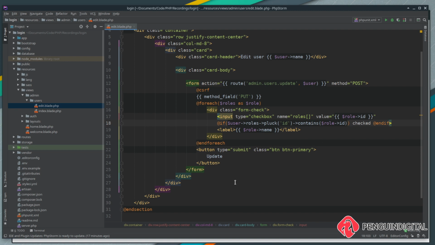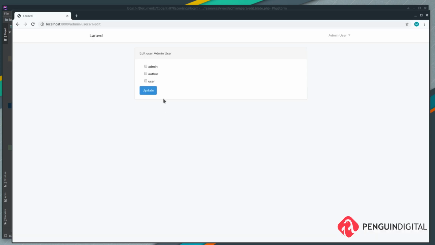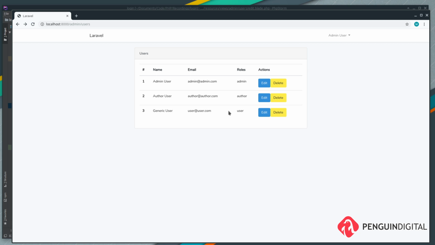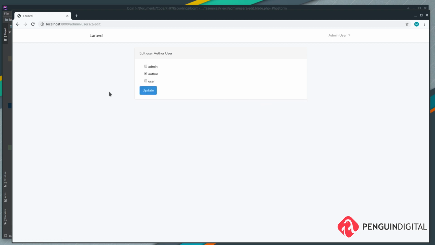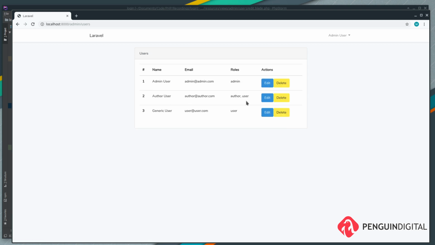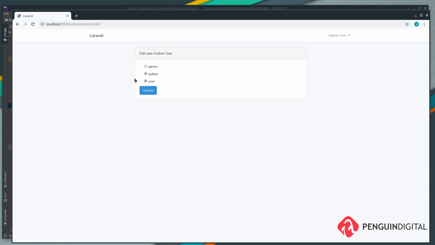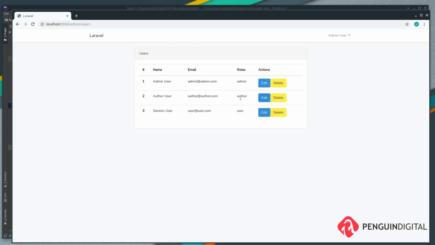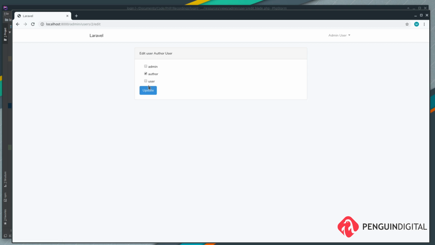So let's save this and take a look. And now when we refresh this page, the admin checkbox should be checked for us. And you see there it's checked already. So let's just go into the author and check them. We see they have the author, and if we check user as well and do update, and then we go and see here we have the roles of author and user now assigned to the author, and we click edit. You see they're both checked there, ready for updating. So let's remove the user role, and you see it's gone,